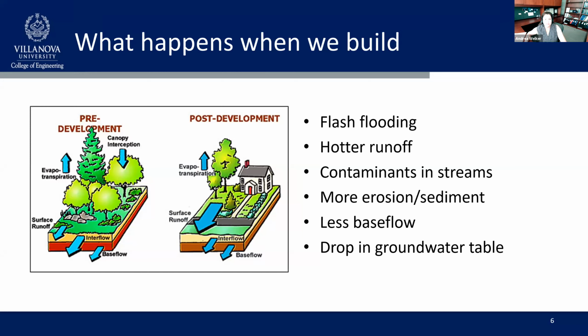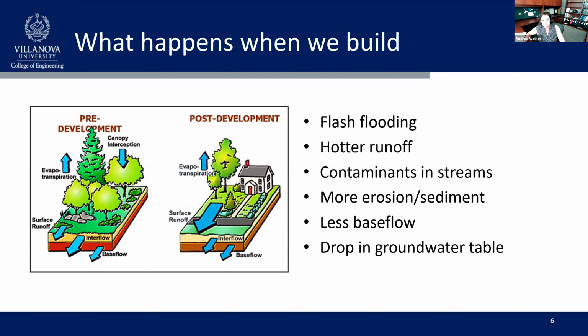And I think a lot of us have probably experienced that in our lifetime, that creeks or streams, these smaller streams that probably didn't cause flooding before, suddenly are causing flooding now and have very high velocity stream flows. And that high velocity stream flow can also result in more erosion occurring in the stream and then sediment getting deposited somewhere else. Keeping in mind that erosion and sedimentation is part of the natural process. It's just that now we've put so much more water into the receiving water body, into that creek or that stream, that the amount of erosion occurring and then consequently the amount of sedimentation occurring somewhere else